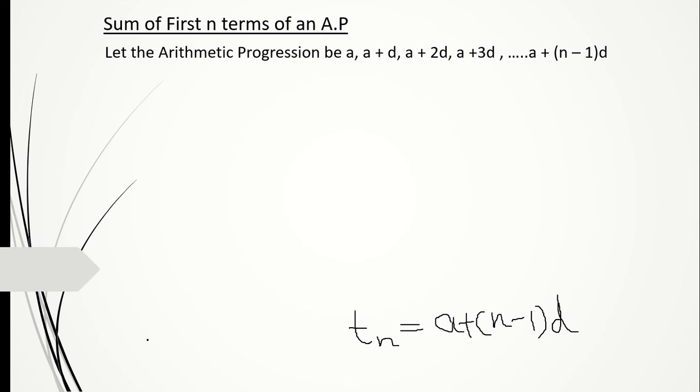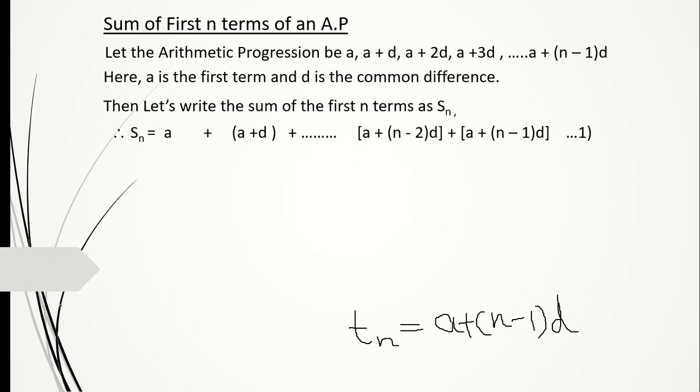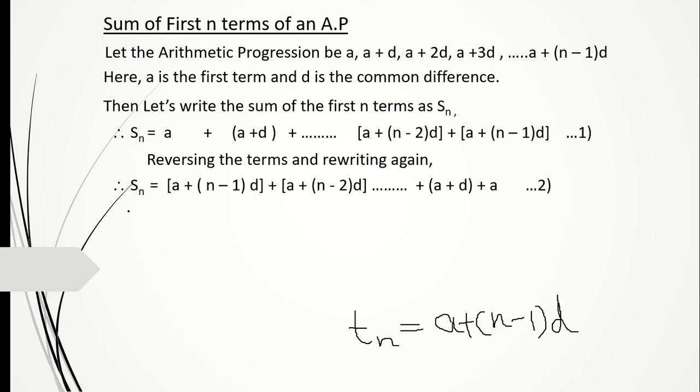Now what are we going to do? Like what Carl Gauss did, we will write it in the increasing order, ascending order first, and then descending order. So Sn means sum of the n terms, right? So in order to find that formula, we are going to write this in the ascending order first and then descending order, and then take a sum.